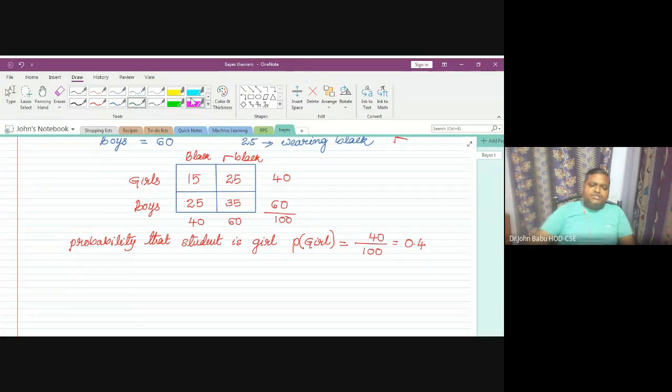Similarly, what is the probability that the student